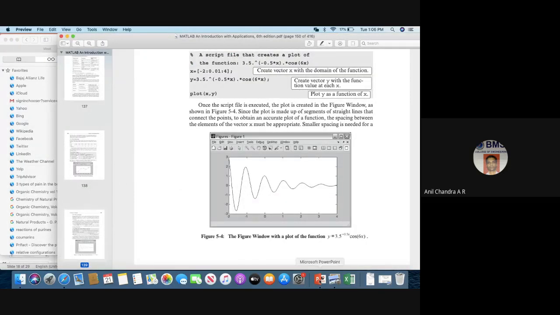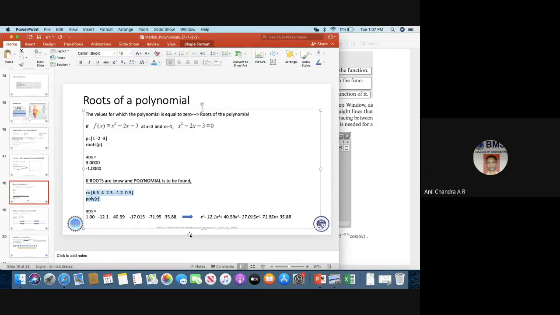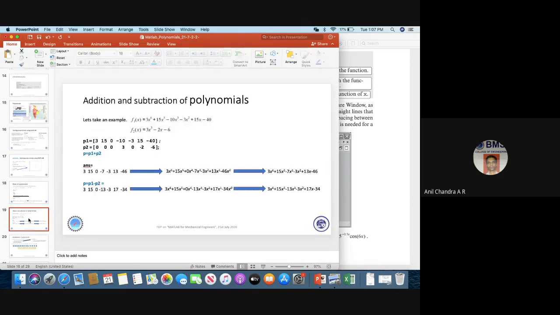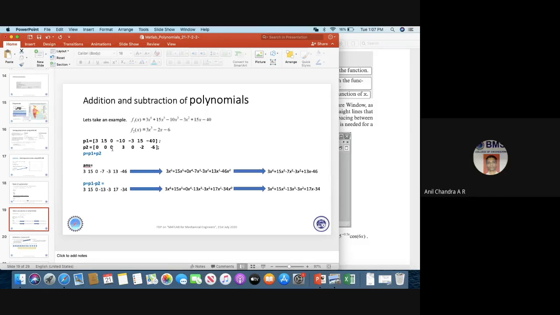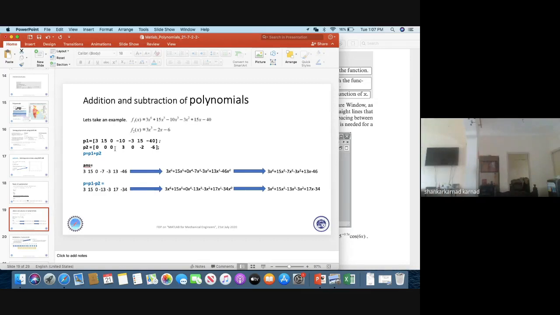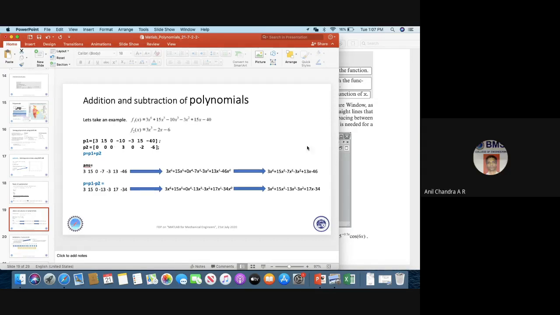I hope we are not going too fast, right? So that is written here. Okay, so this is the expression. I know the roots, and from that I get the expression. So you can carry out simple arithmetic operations on polynomials. You can define P1 and P2 and say P1 plus P2, and it will be returned. But here, we have to be very careful to define the order. Can I expect this?